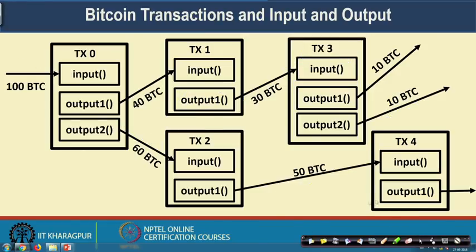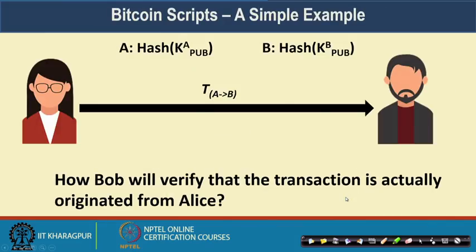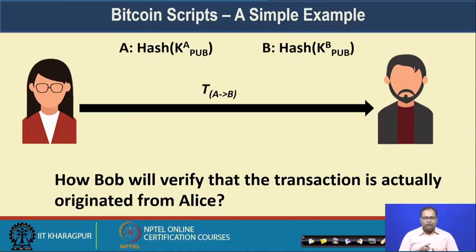So, let us see how Bitcoin script works. Explaining the Bitcoin script would be easier with an example. Let us say Alice wants to make a certain transaction to Bob. Alice initiates a transaction, and that transaction contains the addresses of Alice and Bob with a certain amount, say 10 Bitcoins. So, Alice wants to make a transaction of 10 Bitcoins to Bob, and